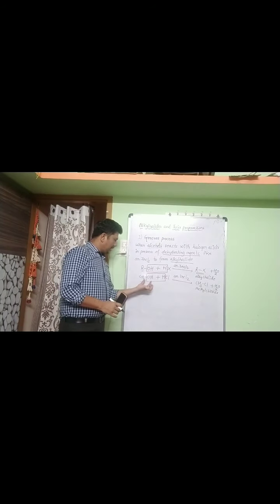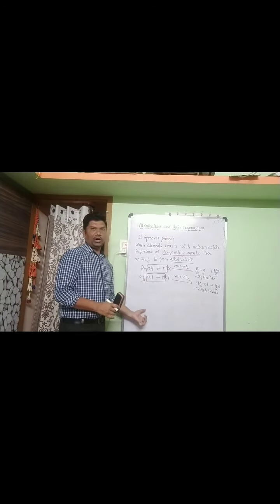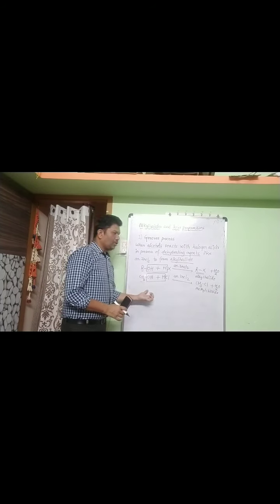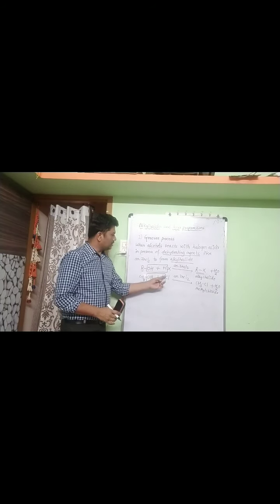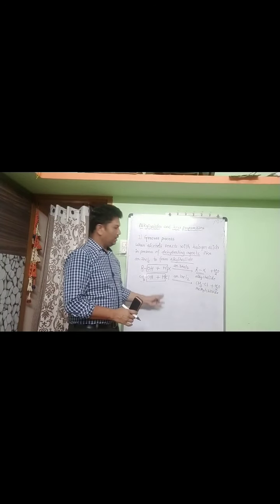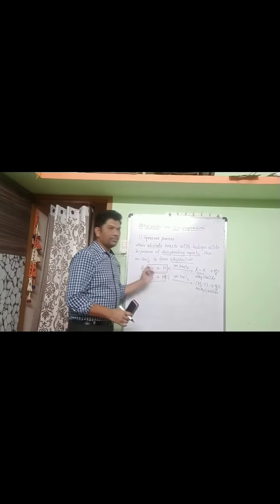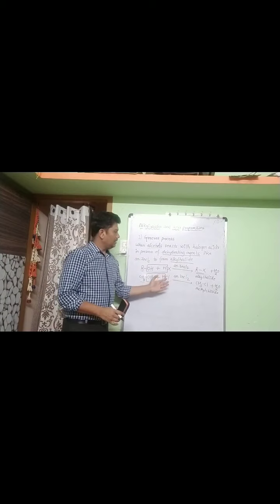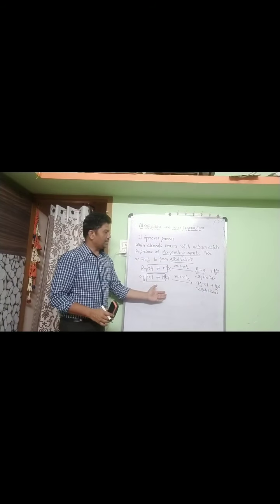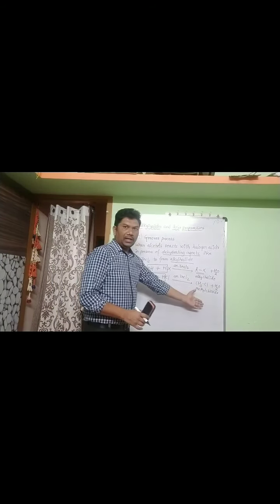So here you can take different examples of alcohol like ethyl alcohol, propyl alcohol, like that. And here also you can change the halogen acid. In place of HCl you can take HBr, HI. Yes, you can take different examples of halogen acid, and you get different types of alkyl halides here.